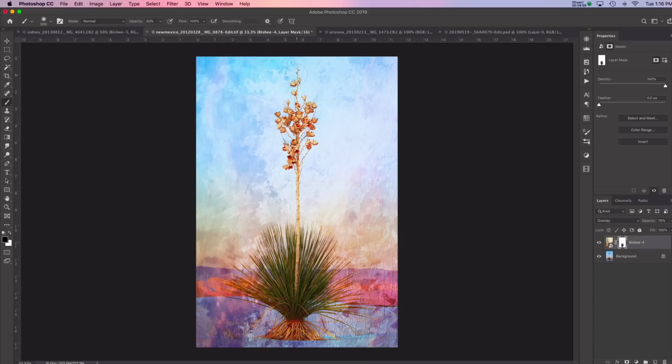Okay, maybe a little bit right down in here. You know what, that's not going to work out there. Okay, so when you make a mistake like that, you can just change to the white brush. So I can use the X key and change my foreground color to white and go 100% and just paint that back. Okay, because this is very small, so that's going to look weird if I try to take the